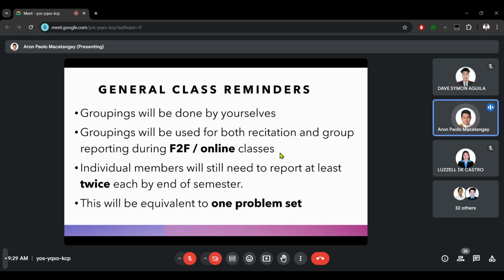Okay, I will have one of you help me in discussing the solution, especially because I do not have a calculator with me. So for example, I have an example problem. I do not solve it alone as I do the class. I ask someone in the class to help me with the flow as well as type in the digits to the calculator, and solve with me. Okay, so that is also part of this grouping. The person who will be doing that will also be based on this grouping. Okay, and again, that's for recitation and for group reporting.